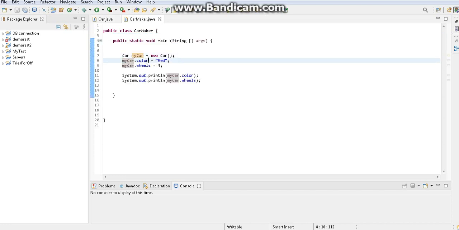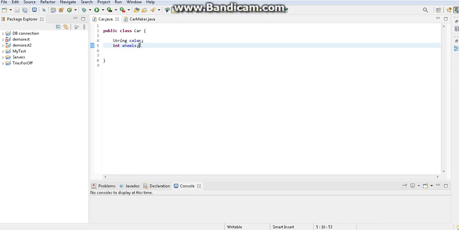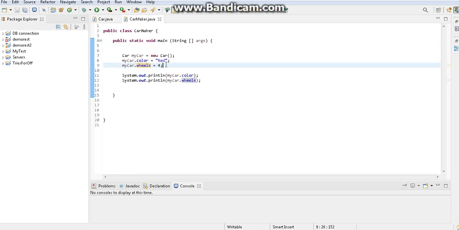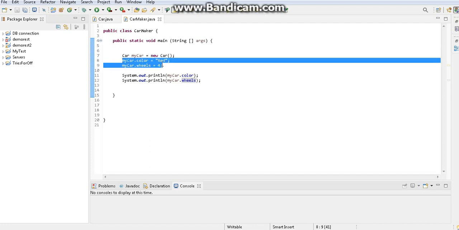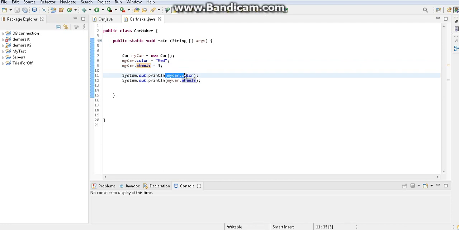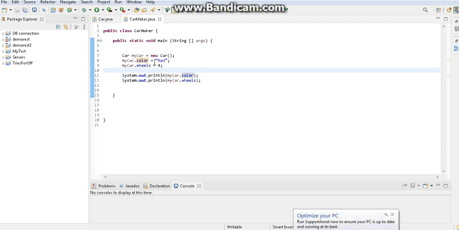So how can we assign the value? For my particular object, my color is this. I'm giving the object name, color, and the color value. Then I'm giving the object name, wheels, the second variable or feature, and the wheels value, and then I print the value. So how can I print it once I have assigned them? I'm printing it using the same name, myCar.color, right? Because myCar.color is red, and again myCar.wheels, it is working fine. So the object name dot that particular variable name, and you can assign the values. That is totally fine, right?